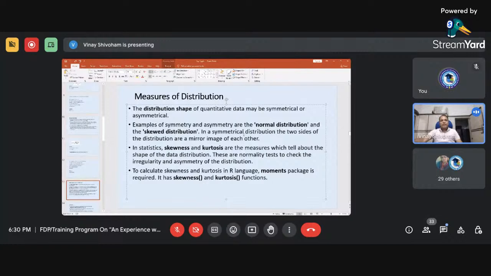In statistics, skewness and kurtosis are the measures which tell about the shape of data distribution. These are normality tests to check the irregularity and asymmetry of the distribution. If you have collected sample data from any population and you want to check it, then you can use the measures of distribution. That means you can check the distribution shape of data by plotting it